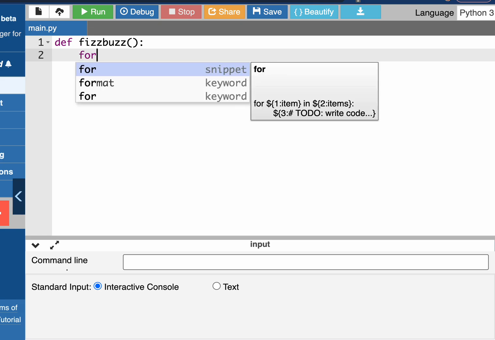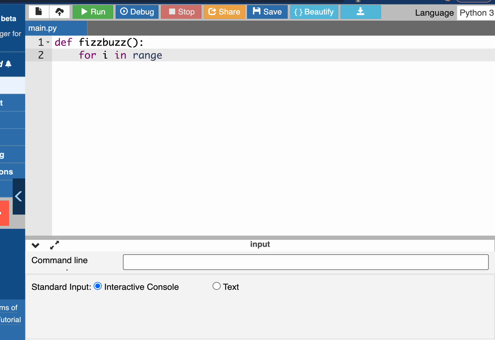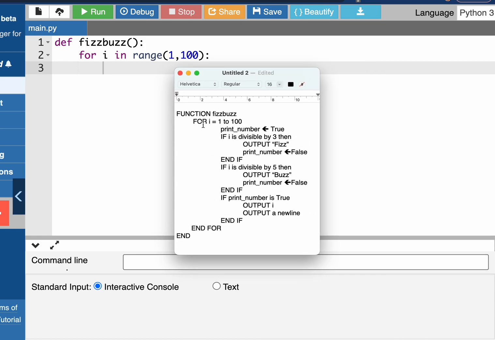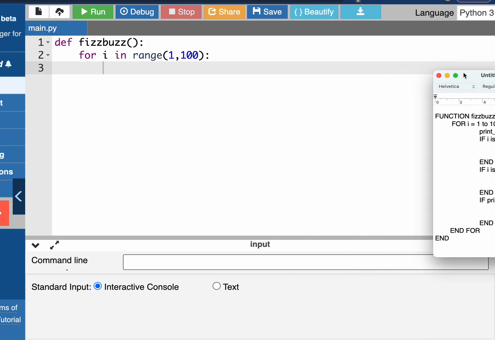Now if I type in for i in range 1, 100 and a colon after that, it's indented me again. Now a couple of things to realise there. This said for i equals 1 to 100. I couldn't type that into Python. I had to know that for a for loop, this is the structure, this is the syntax to use. So it is different, but it's taking care of the indentation for me. It's recognising commands, it's recognising the numbers. It's recognising the structure and the syntax for me. So as I'm going on,